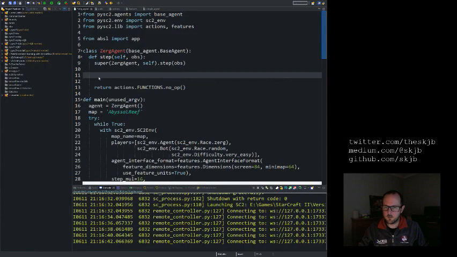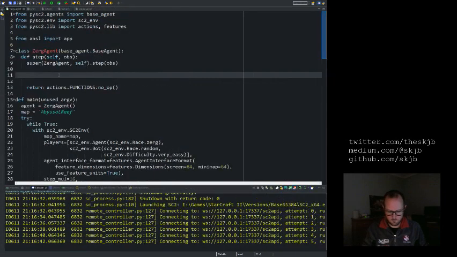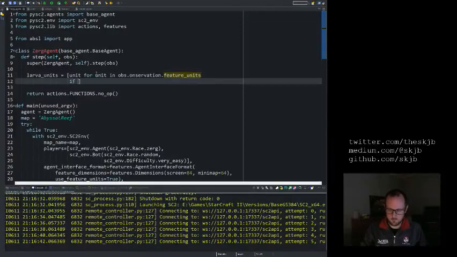So larva units equals unit for unit in obs.observation.feature units. I'll probably get this wrong. If unit.unit type